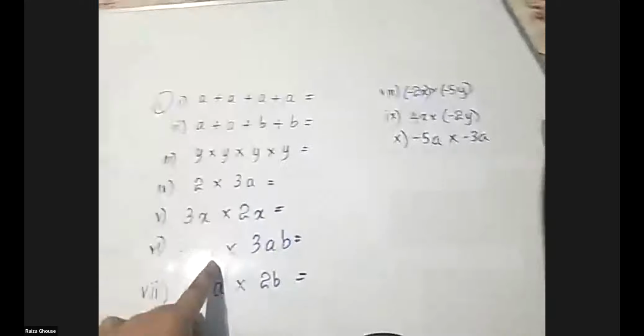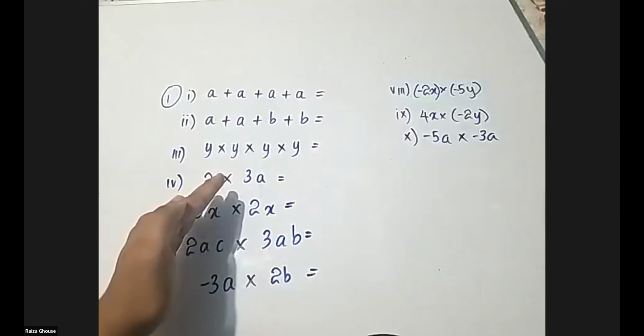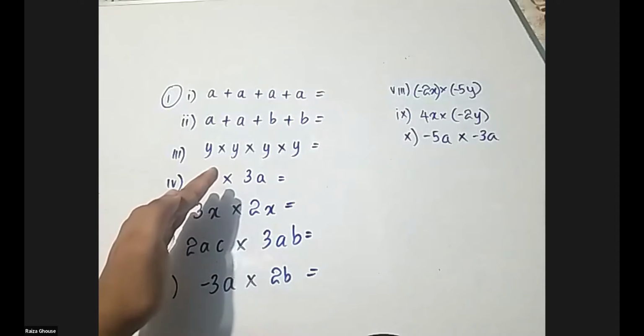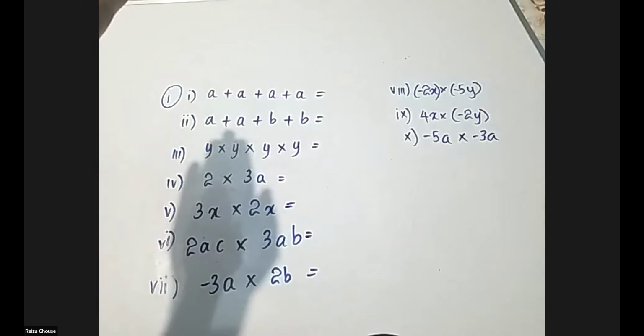And I'm sorry if you can't see this one. This is actually 2AC. If you can't see it in the light here, it's 2AC. And this is minus 3A. If you can't see, please write correctly. 2AC and minus 3A. I think you can see now with my shadow.